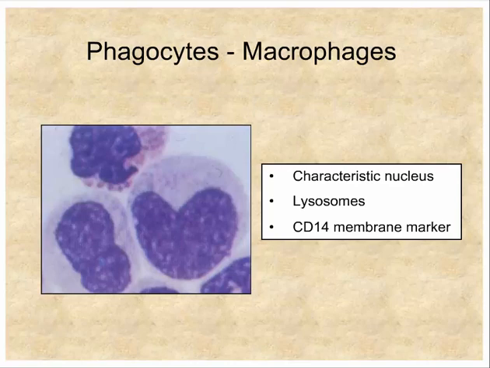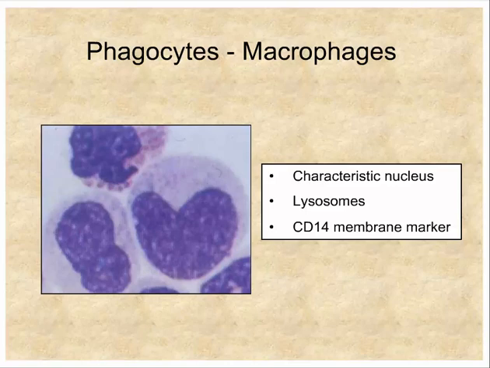The other phagocytic cell is the macrophage. Again, morphologically, you know from your histology that you can identify this cell. It is a mononuclear cell, but it's got this characteristic kidney-shaped nucleus. These are a little bit harder to identify, obviously, than the PMNs. These cells don't contain specific granules, but they do contain numerous lysosomes that have some of these same characteristics of those granules that are found in the neutrophils.